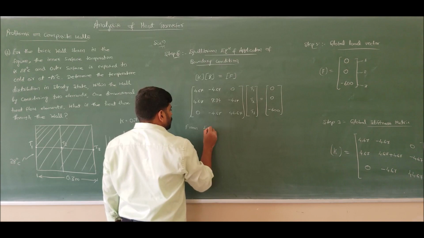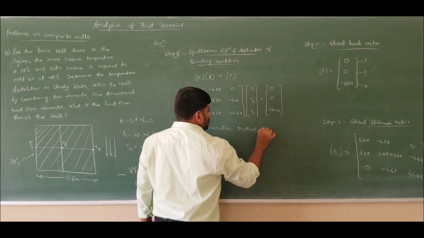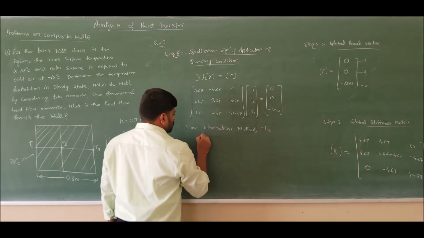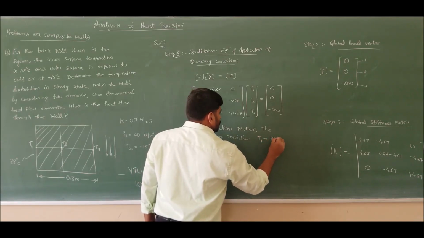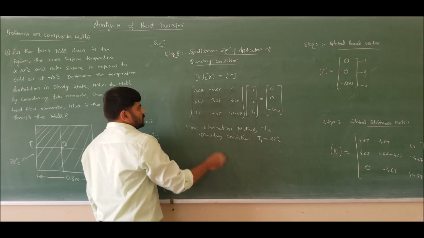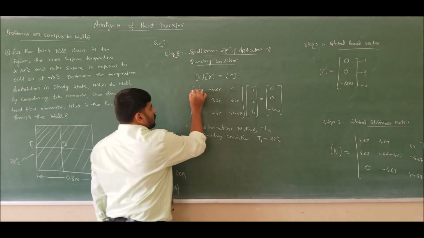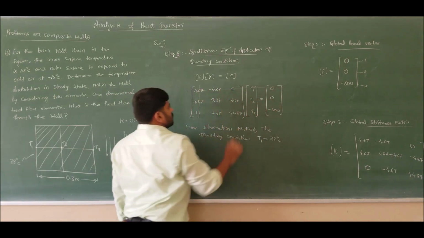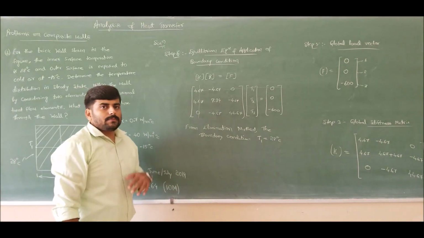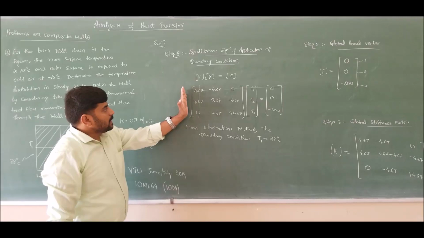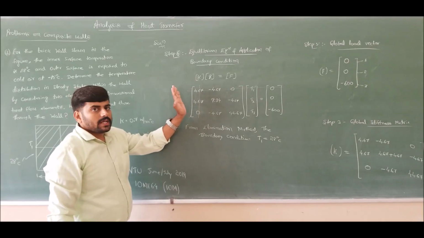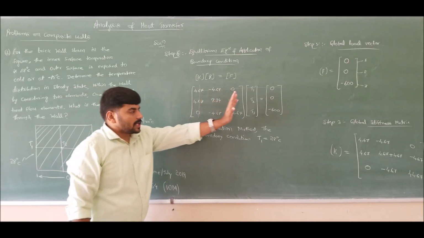Elimination method of handling the boundary condition. The boundary condition for this problem is T1 is given to us, which is 28 degrees Celsius. So therefore, eliminate first row and first column. As I explained in our previous lecture, we should multiply the column which we should get rid of and take it to the right hand side,